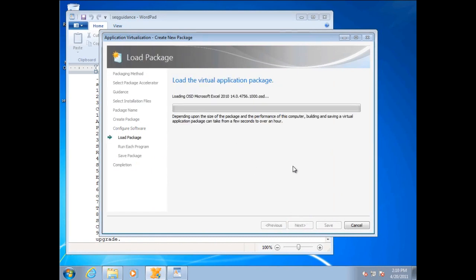So it's loading in that virtualized app. Outside of this, I'm then going to kick off the repair functionality, and it's going to go through and, like I say, create that final virtualized app. I'm not going to sit through the entire process, but that's essentially the process for virtualizing Office 2010 if you use the package accelerator. So you saw me do it manually, and if you looked at the time, that took me about an hour in total. If you use the package accelerator,